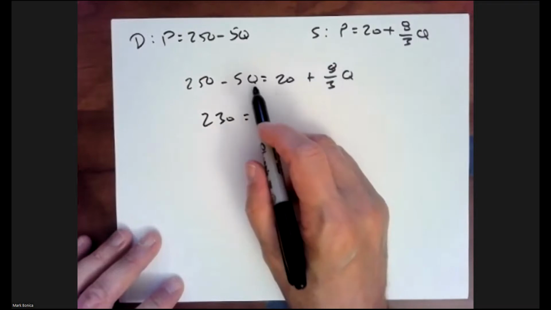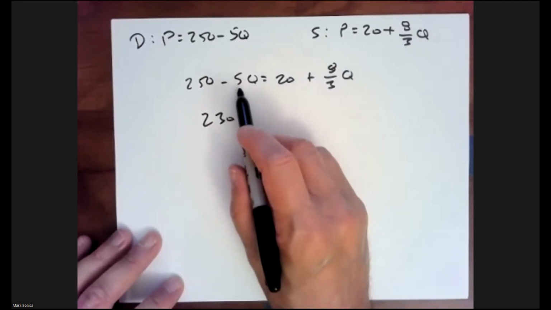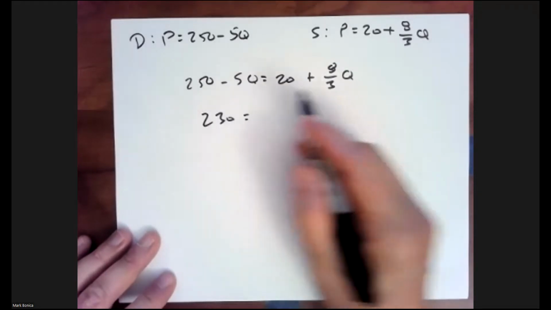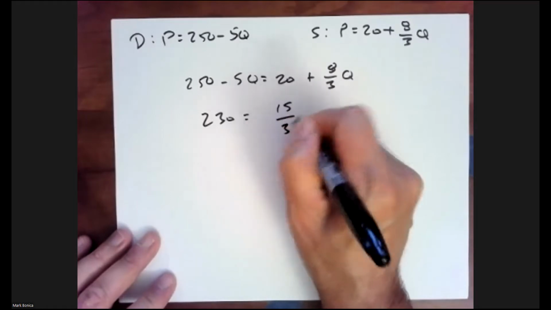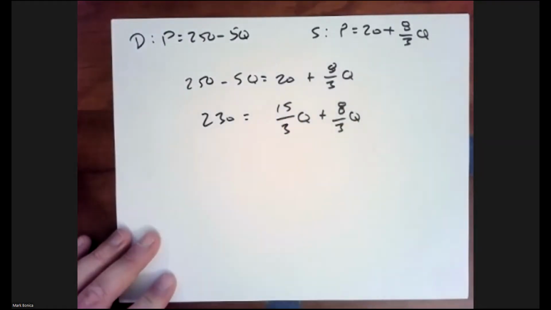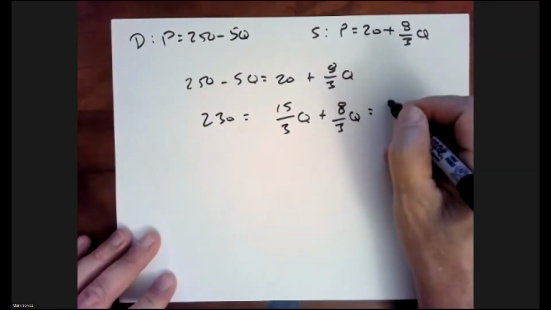Well, in order to add 5 and 8/3, I'm going to multiply this by 3 over 3. So 3 times 5 is 15. So 15 over 3Q plus 8/3 Q, which is equal to